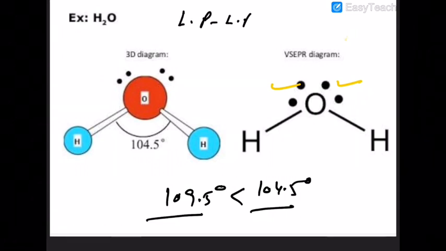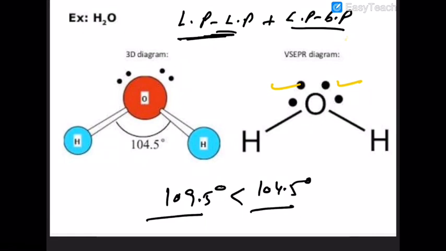Lone pair-lone pair repulsion is present. Look at that. Plus lone pair-bond pair repulsion is also present. And bond pair is present always everywhere. Okay, sure about that or not? So that's why the magnitude of the repulsive interaction is more in water in comparison to ammonia, despite having the same number of electron pairs around themselves. Why? Because the number of lone pairs is different in both molecules. In ammonia there is only one lone pair, but in the case of water there are two lone pairs. So lone pair repulsion becomes more important now.